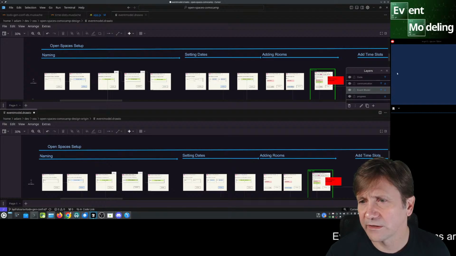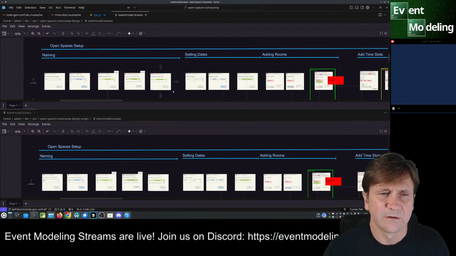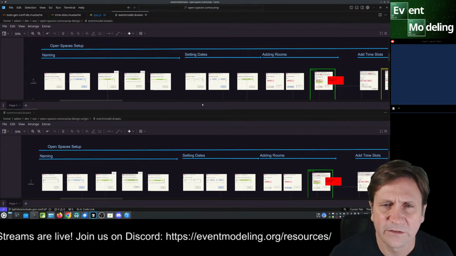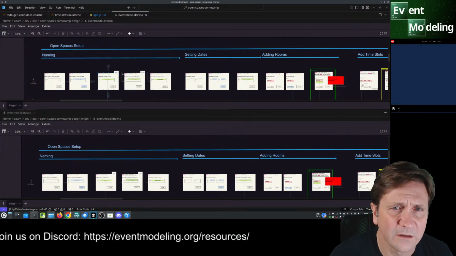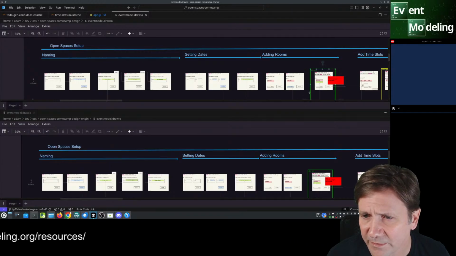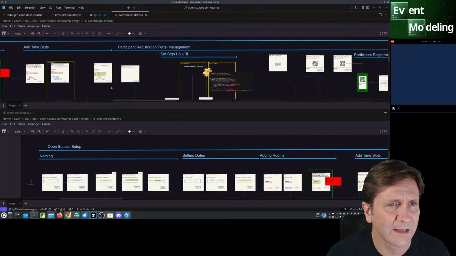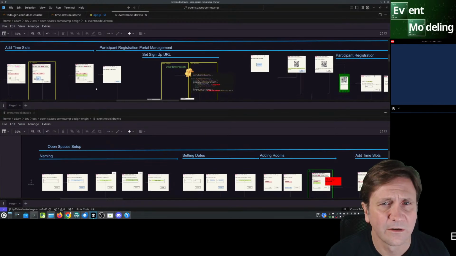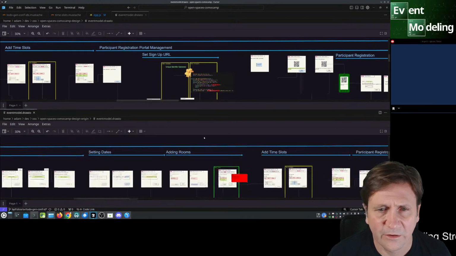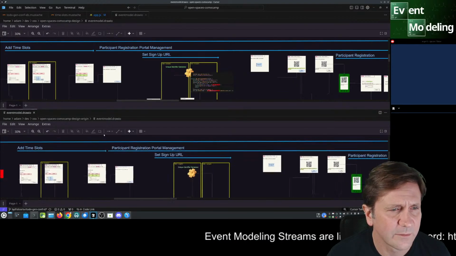Close the layers for now. As long as I have the event model on, it's fine. All right. So this looks okay. I'm just looking for some major issues that I can see from far away. So we're at add time slots here. I can take a look at add time slots.